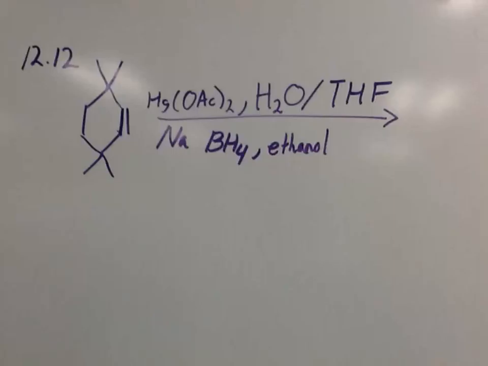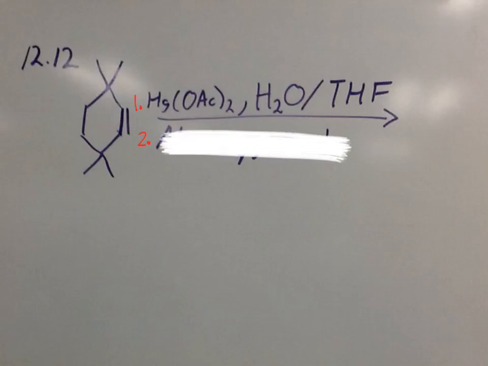There's a pretty big typo here. This is a two-step reaction, meaning we have to first do the mercury reaction, and then we follow that with a step 2 of the sodium borohydride. Okay, so 2 steps, independent of each other. So, taking a look at the first step, or the first part,